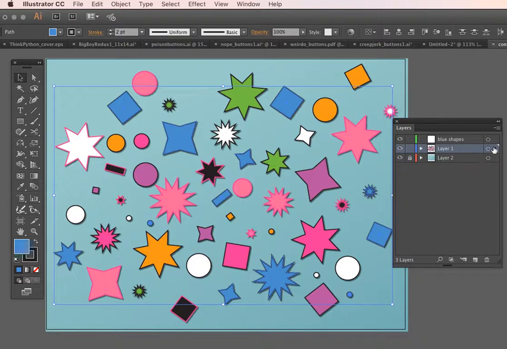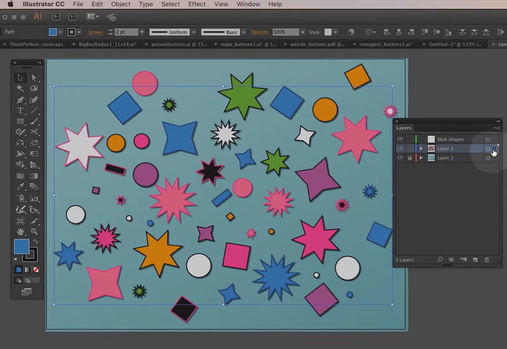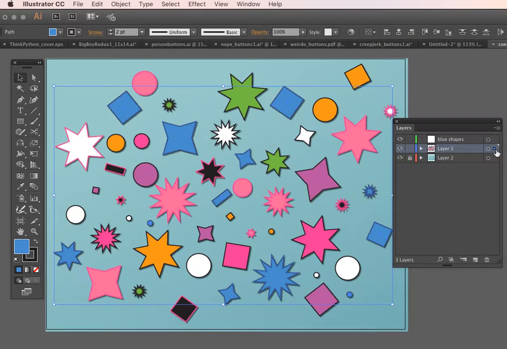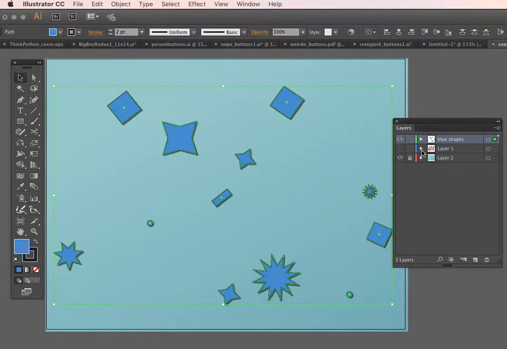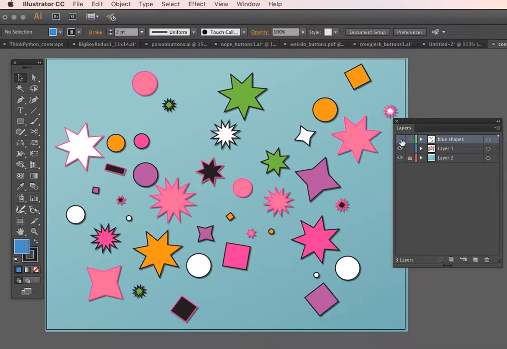Now you see the little indicator thing here that shows you what's selected on the layer. Remember, all you have to do is grab this thing and move it up to whichever layer, or down, depending on where your layer is. Just move it wherever you want and let go, and that has moved all the blue shapes onto their own layer. Okay, so now if I turn off blue shapes, all the blue shapes in the chaos layer are gone,